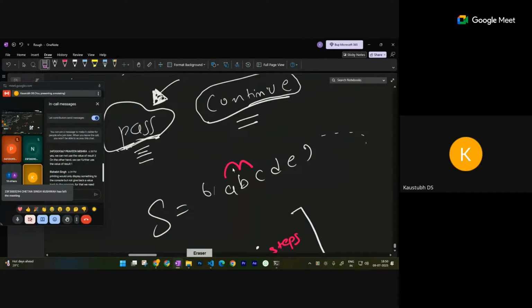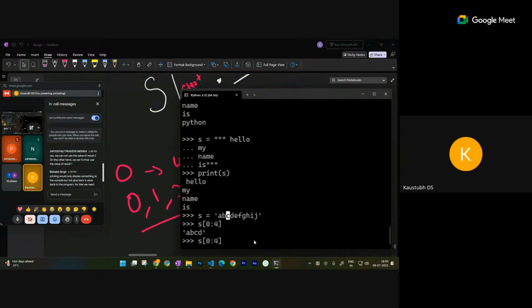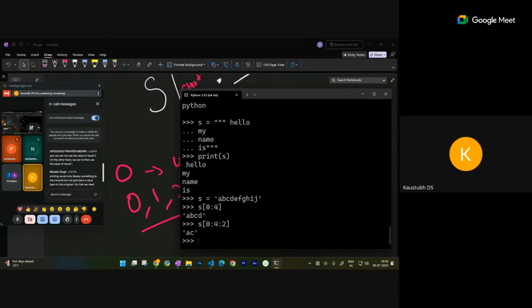That's our number of steps. That's how it's defined. Skipping one means two steps, skipping two means three steps, right? So if I put 2 in place of the steps, with another colon, I get a and c. The steps can be negative as well,